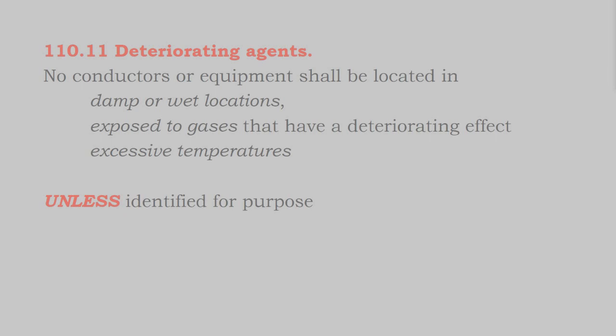Now, solar arrays and rooftops undergo extreme temperatures in addition to a wet location. And some solar arrays are exposed to gases, so flooded lead acid batteries, and generally any kind of batteries that require watering and regular maintenance will emit gas that has a deteriorating effect on metal. And so in solar power, we have a lot of specialty cabling and equipment, and it's not so much that